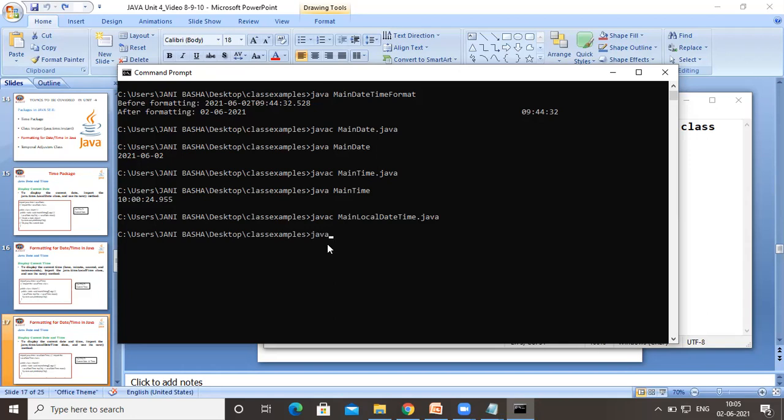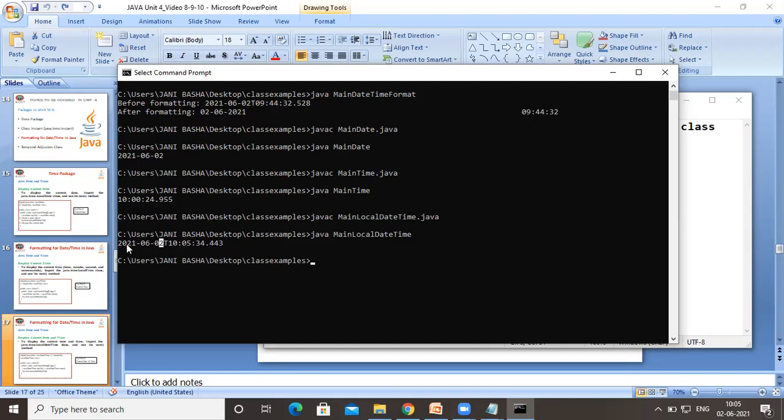Now I'll execute this LocalDateTime class. It will display both the date and time. See, it is displaying the date and then it is displaying some T here.